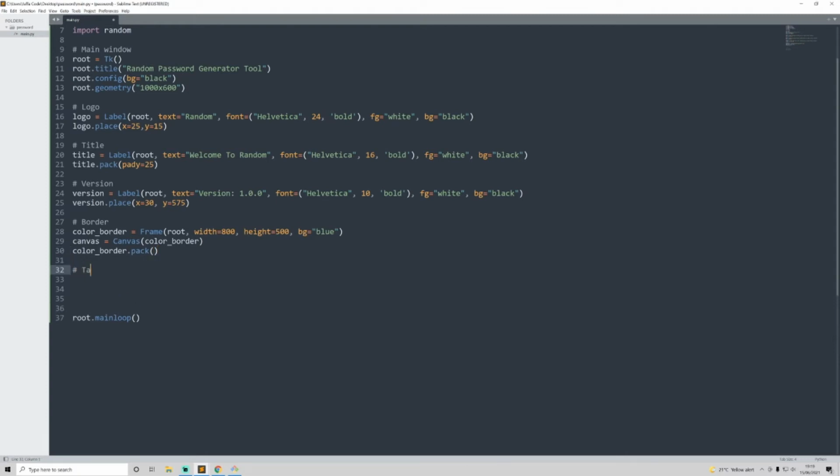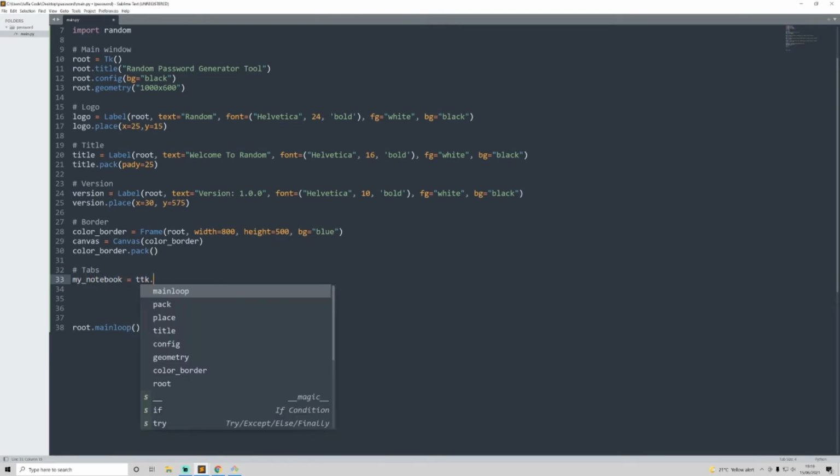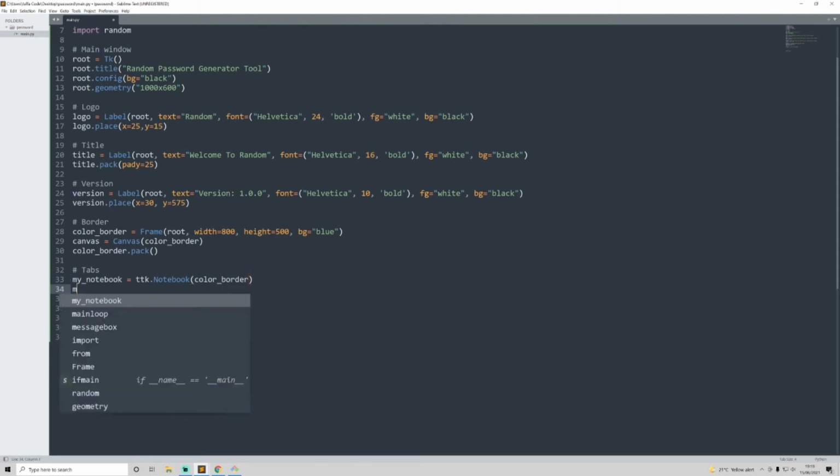So let's go ahead and create some tabs. We're going to use the ttk Notebook for that. The tabs will be, we're going to need a variable. It's going to be my_notebook, and it's going to equal a ttk.Notebook. And where do we want to put this? We want to put that inside of color_border. Let's go my_notebook.pack. And we want to give this one a pady of 5 and a padx of 5 as well,